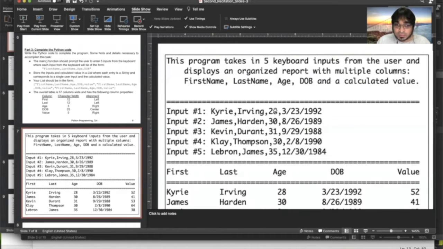Like if you're a fan of basketball, you know these people. They're like the famous basketball players. Anyway, moving along,